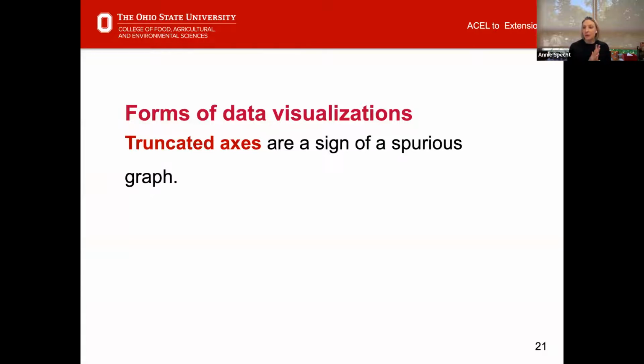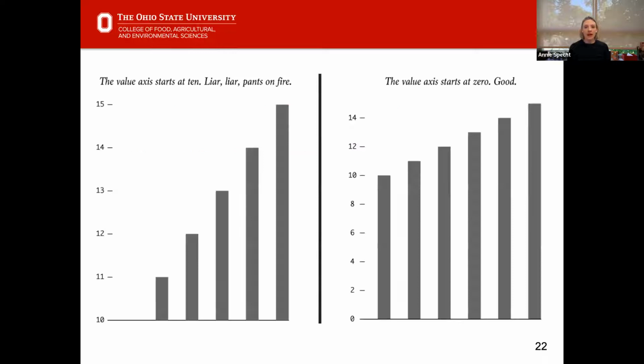All right, so one of our favorites is the good old truncated axis. Truncated axes basically means that you start your graph somewhere that's not zero, right? You see this a lot in media coverage of polling and issues that are incredibly politically polarizing. We tend to see these things happen a lot around political issues and scientific issues that have a really strong partisan component. So when we're looking at truncated axes, these are the kinds of things that can happen.